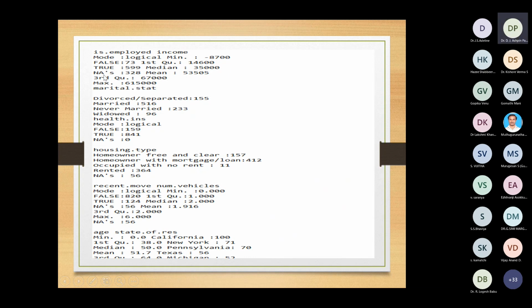It is showing NA, which means the data is not available, right? So in that particular field there is no data. So like this, 328 fields' data are not available, right? So these data are nothing but missing data.